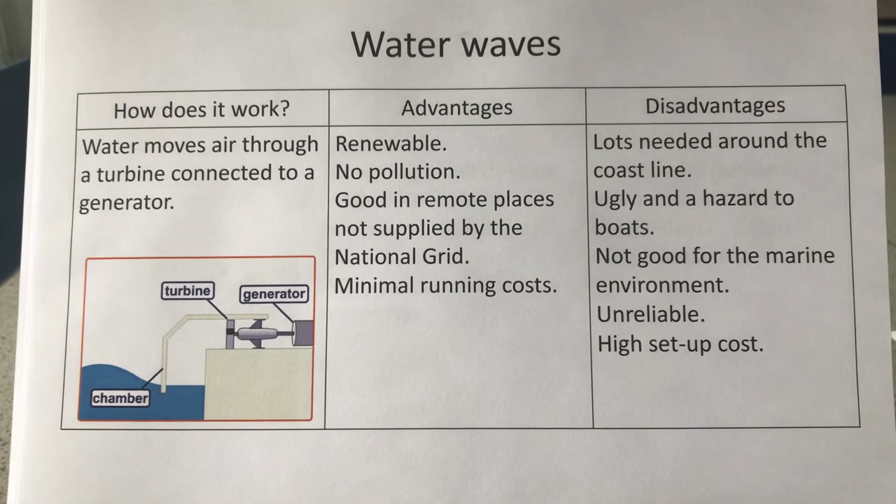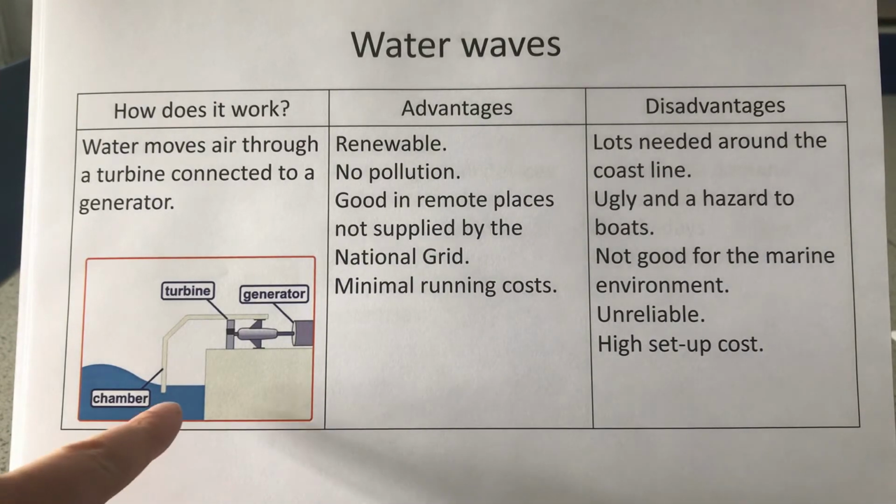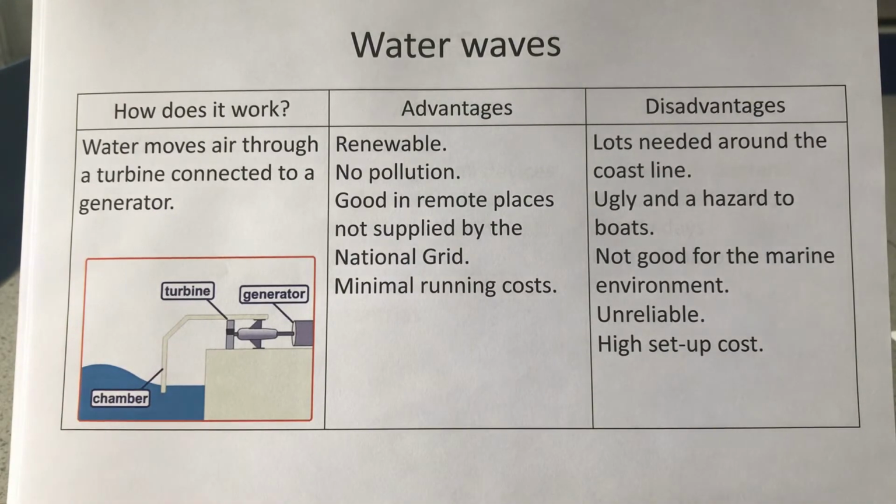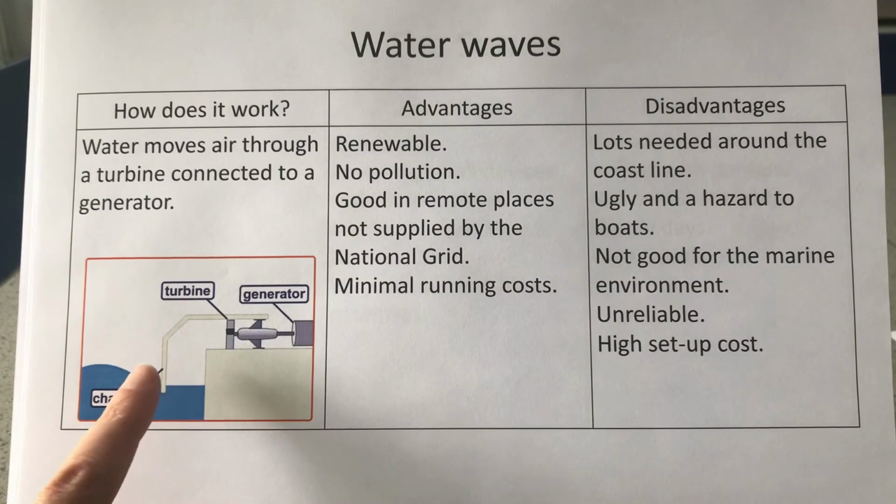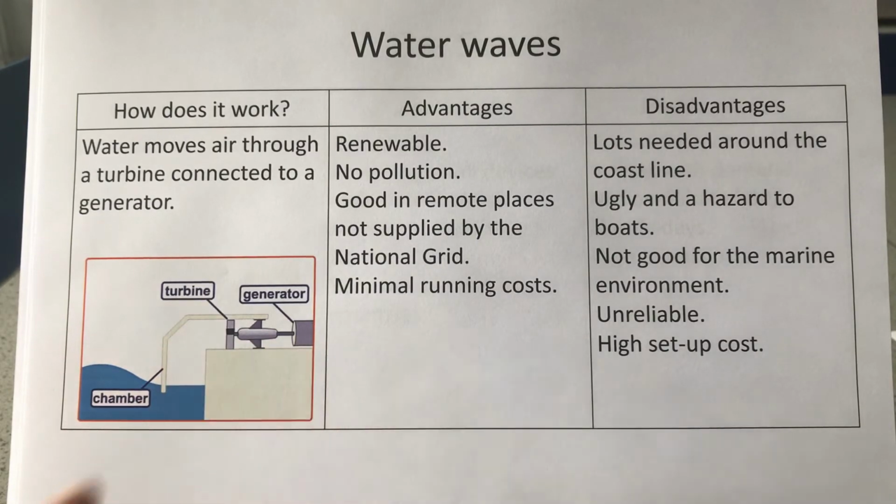Let's look at the last energy resource, and this is water waves, okay? So these, we find these in Scotland in remote areas that aren't on the national grid, and they are big concrete blocks. And we can see here that there's this chamber, okay? Sometimes ducks can get stuck in here and they can't get out. But as the waves go up and down, it moves air through the turbine that again is connected to the generator. It's renewable, there's no air pollution, it's good in remote places, not supplied by the national grid, and there